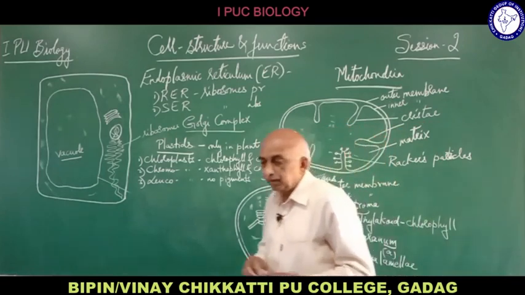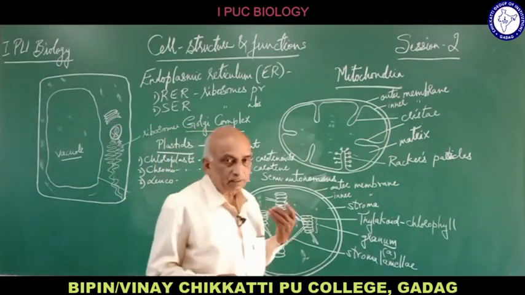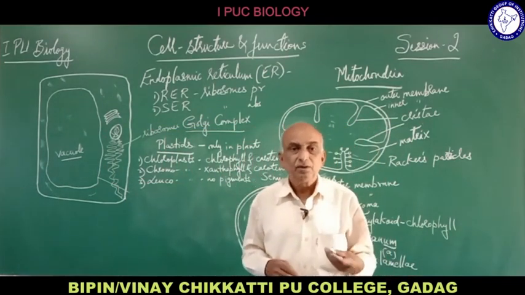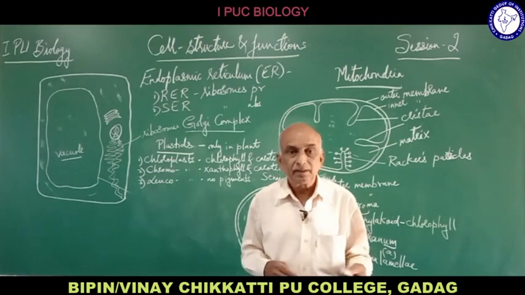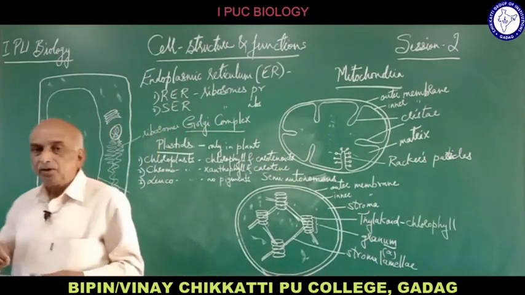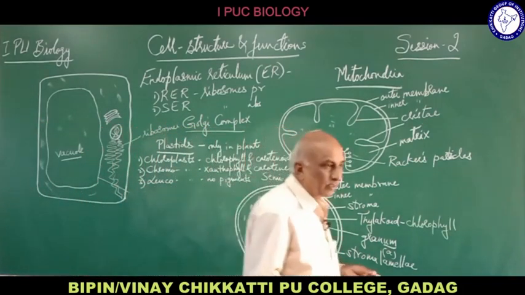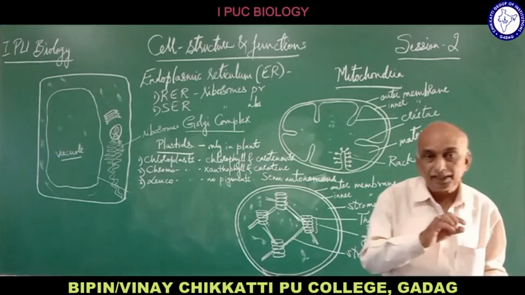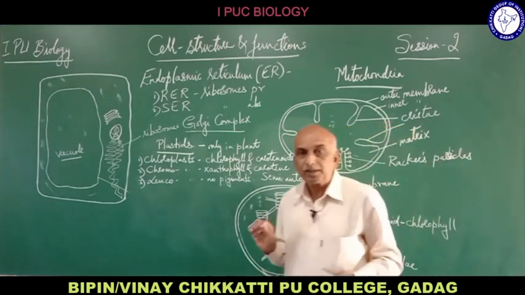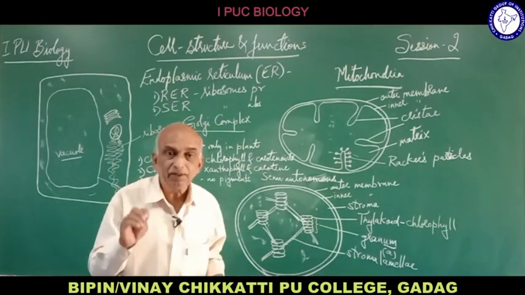That means whether it is male, female, or an individual of young age, middle age, old age, or of any race, of any country. He may be of European race, or Tibetan race, or even American, Indian, or African race. So any human race it may be, all human beings contain 46 chromosomes. That means the number of chromosomes is constant for human beings.